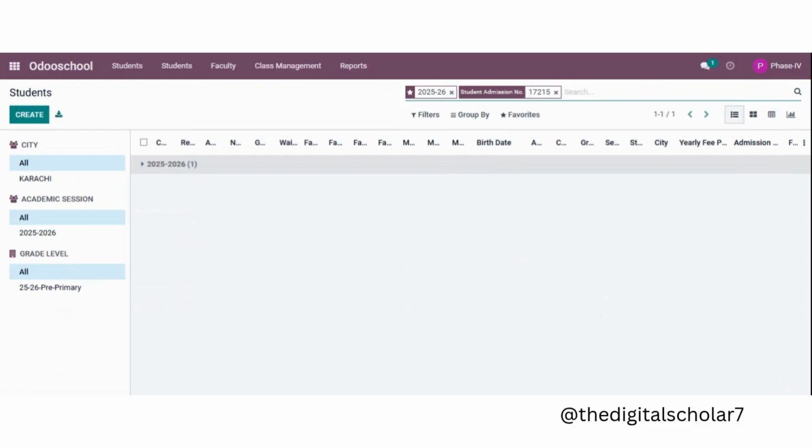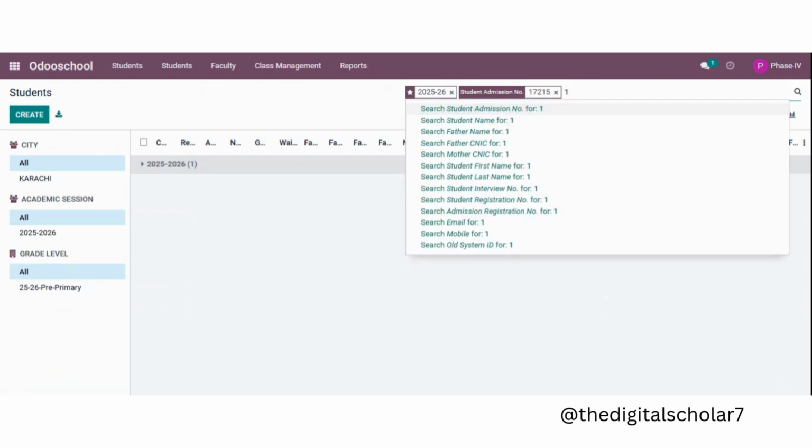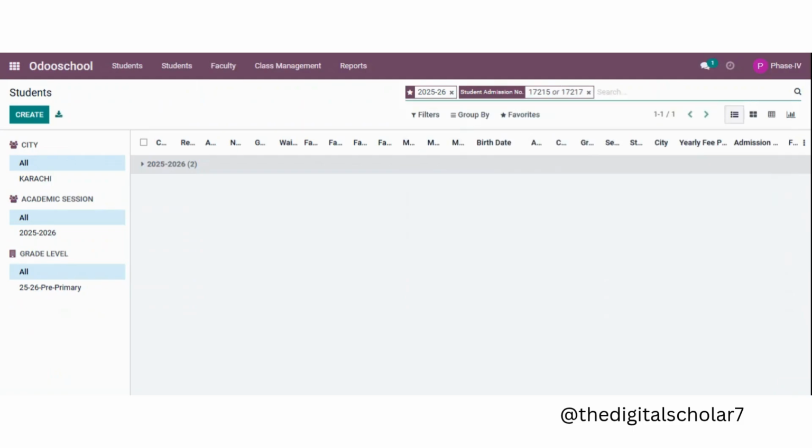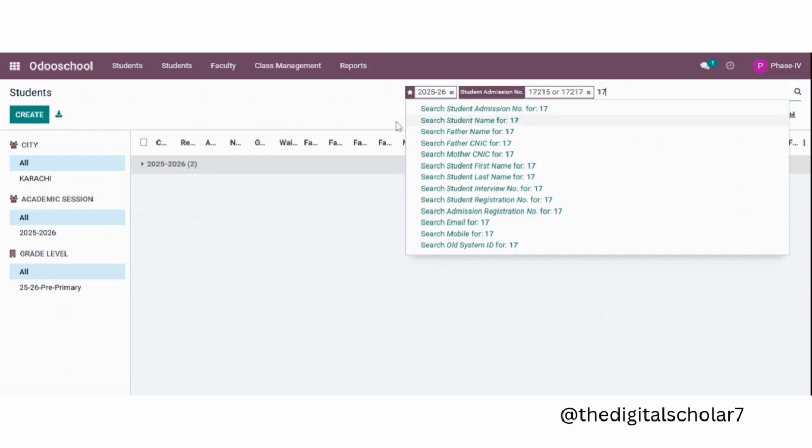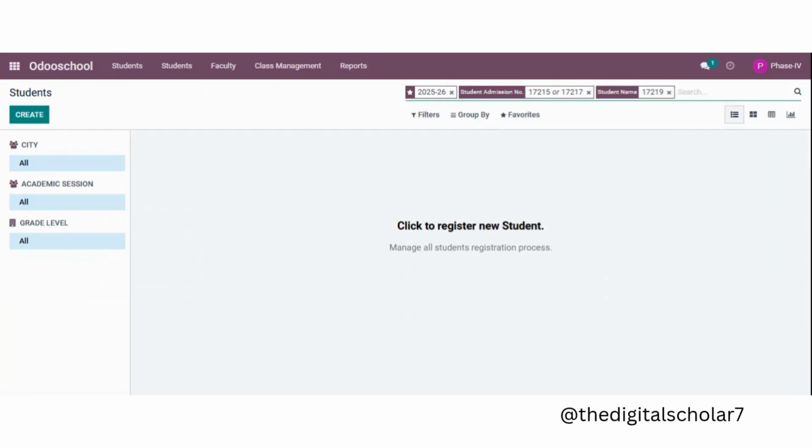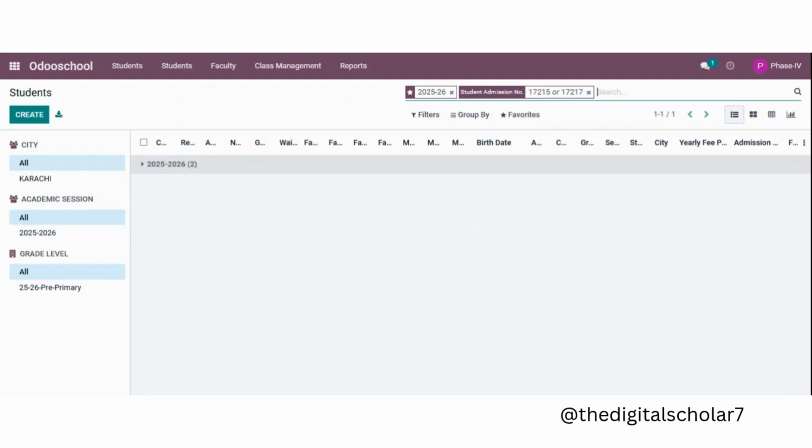The list will start showing underneath it, and keep on writing the roll number, that is your GR number of the student, in the search bar, and that GR number will come down. If there is no display of the data as you write the GR number, that means that student is not in the list or not yet registered on the Odoo.